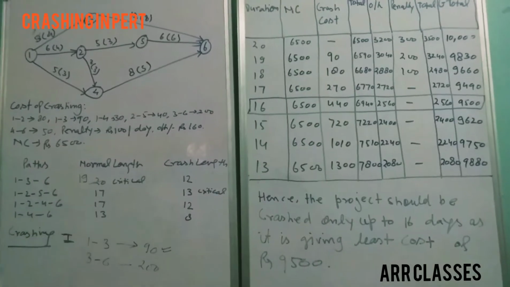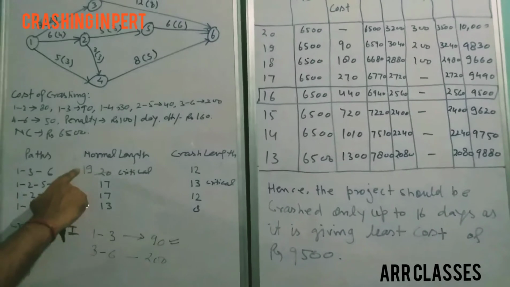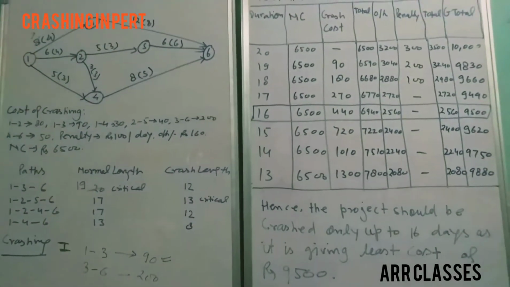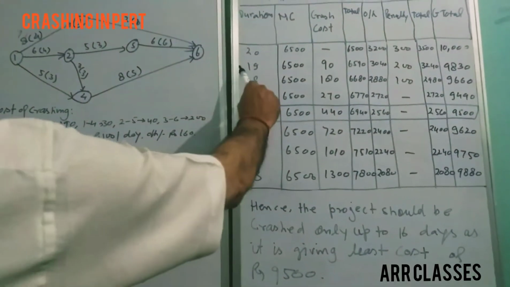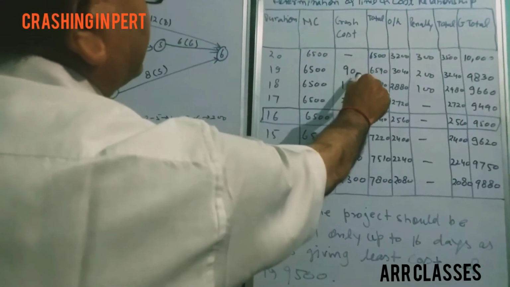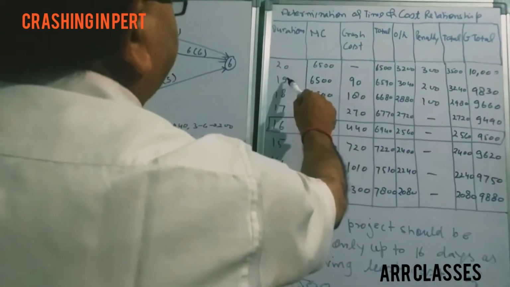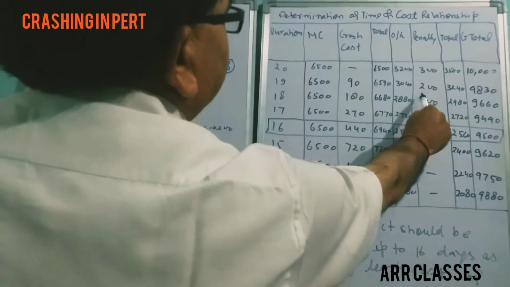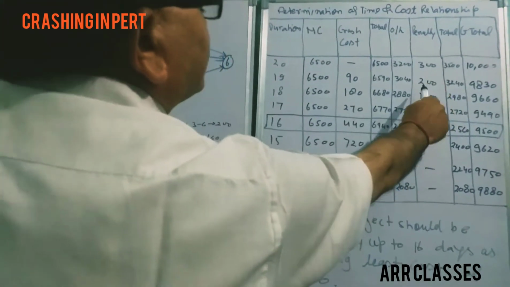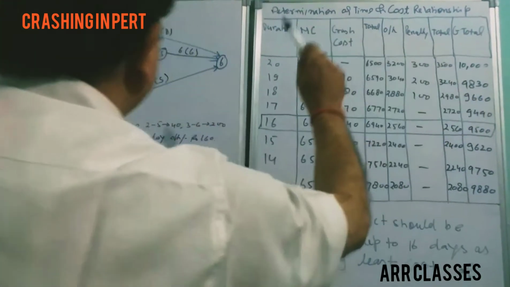So here, say if we reduce it by 1 day, the moment we reduce it, we must record that reduction at the critical path and at the activity, and at this point in time we can calculate the trade-off at 19 days. Here the cost of crashing has been added, and the overhead expenditure at the rate of 19 into 160, and the penalty, because it has been reduced, is now for 19 days, only 2 days over 17 days, so 200. That's how it comes out to be 9,830.